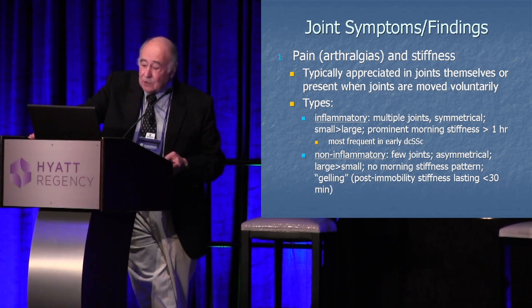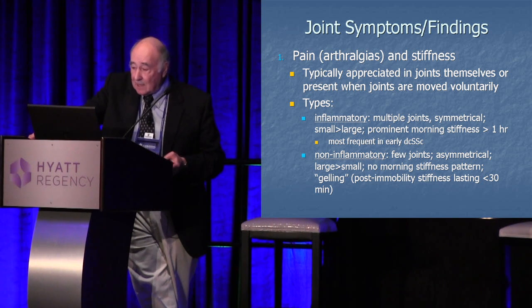Non-inflammatory is not due to scleroderma. It affects few joints. It's asymmetrical, such as one knee and the opposite ankle. Larger, greater than smaller joints, no morning stiffness. And the most typical characteristic is what we call gelling. And that's after you sit to read a book or watch TV and you try to get up and move,